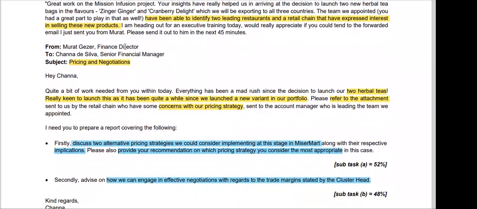And you are getting an email. Channa Disilva, your senior finance manager, had gotten an email from the finance director, and it carries the subject pricing and negotiations. The question is something to do with pricing and negotiation, right? So Channa is saying that he's really keen to launch